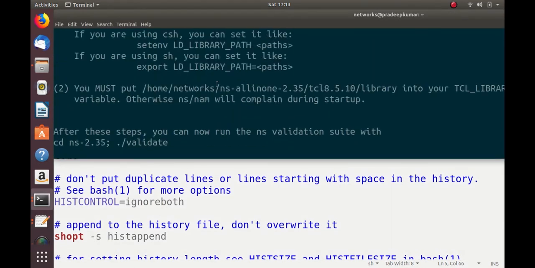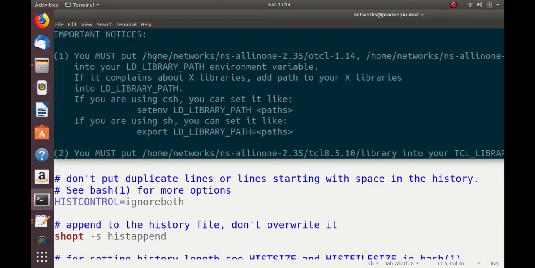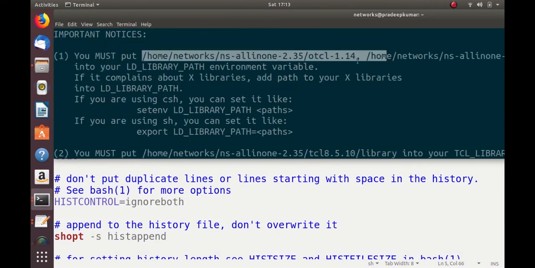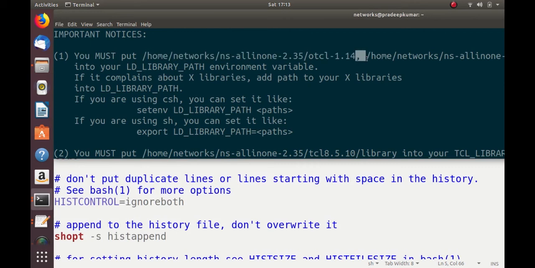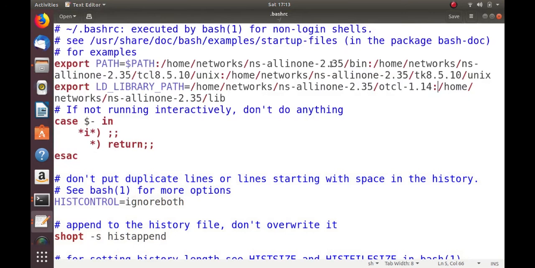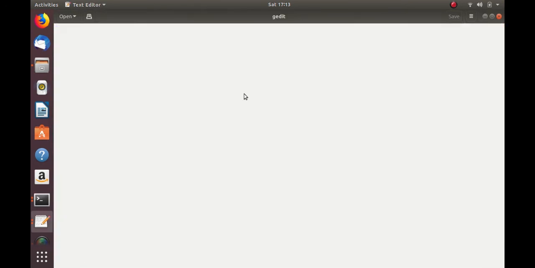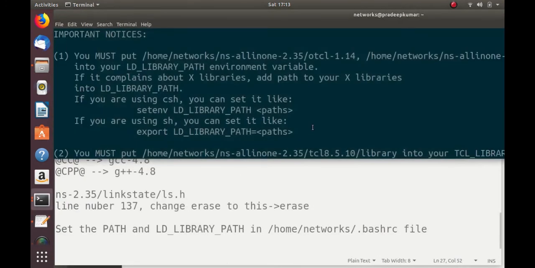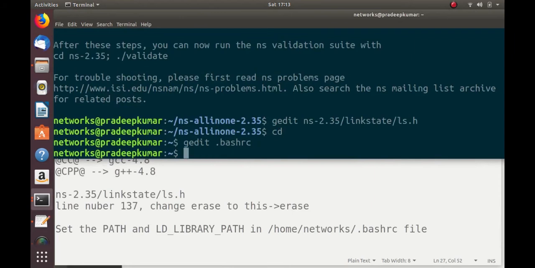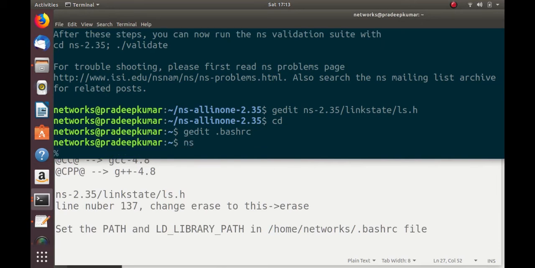So this I copy from here. Yeah, LD_LIBRARY_PATH from here, but you can see there is a comma over here. This comma and blank space has to be replaced with a colon. This is what I have done here. After it is done, the terminal can be restarted, or you can restart your machine or log out and log in back. Once you log out and log in back, when you type ns, it should work. So you can see this is working now.